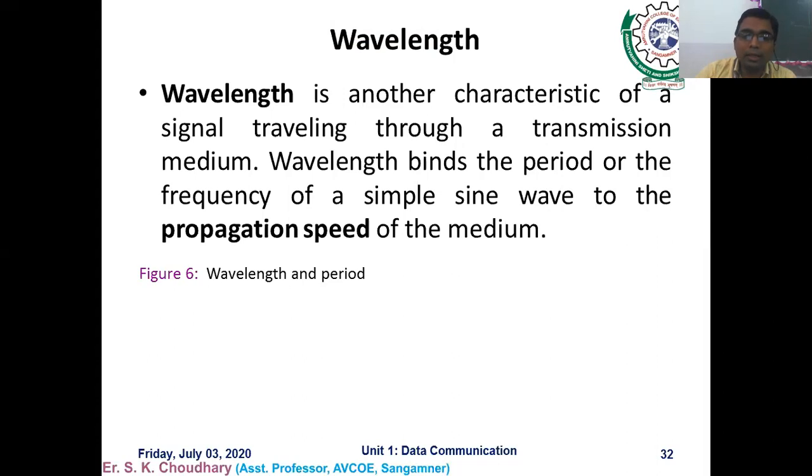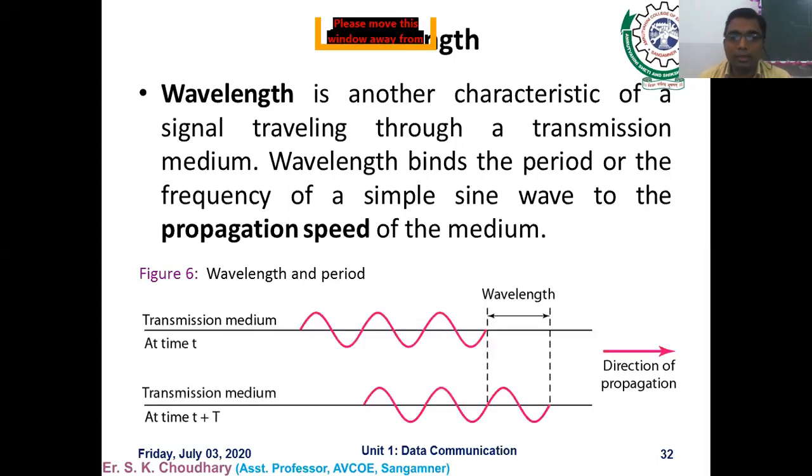First of all, let us understand through the diagram what the wavelength actually is. We have the diagram. A time domain sine wave is shown. In the first picture, there is a transmission medium. At time t, the propagation of the sine wave signal has been captured. At time t, the length of the sinusoidal signal is 3T, where capital T is the time period of one cycle. So 3 cycles have been completed at time t.